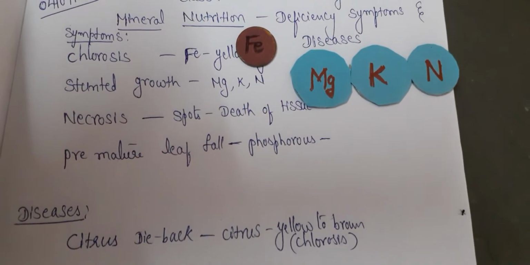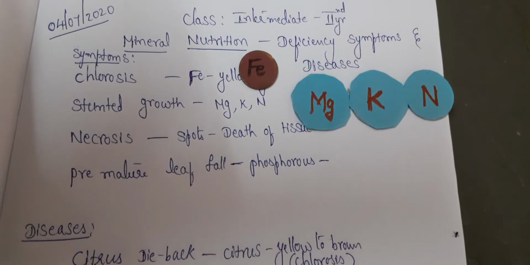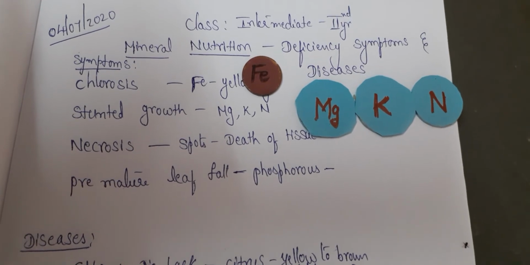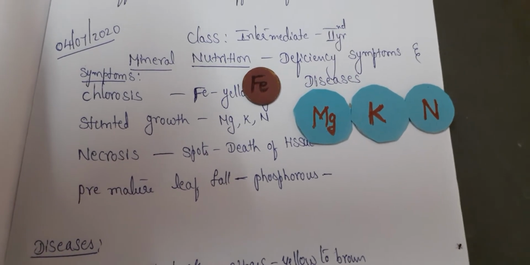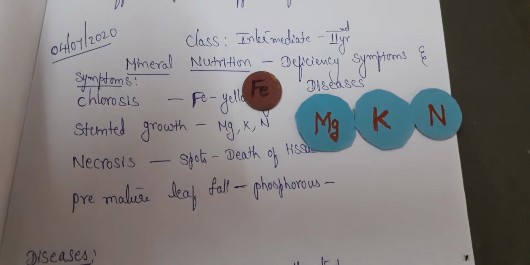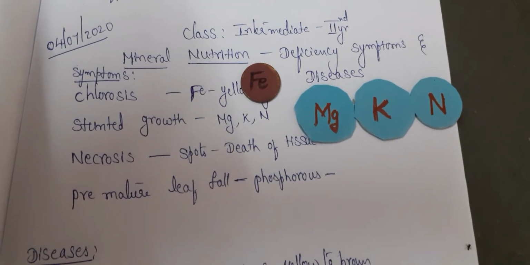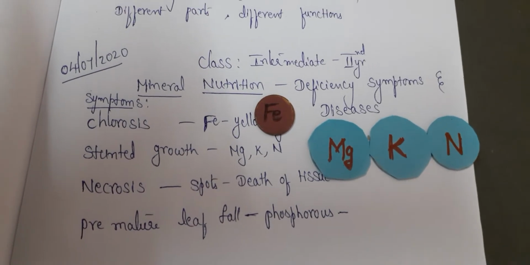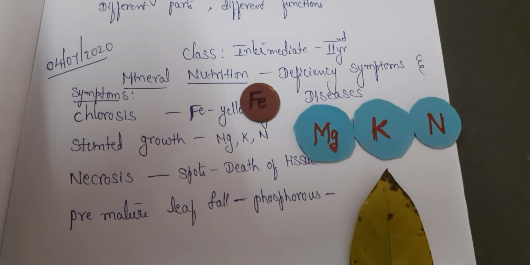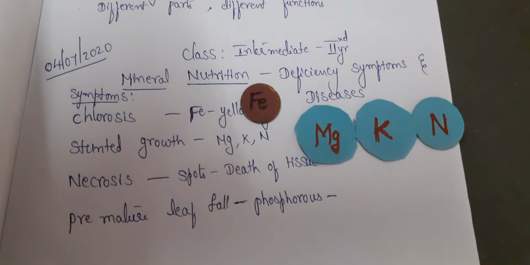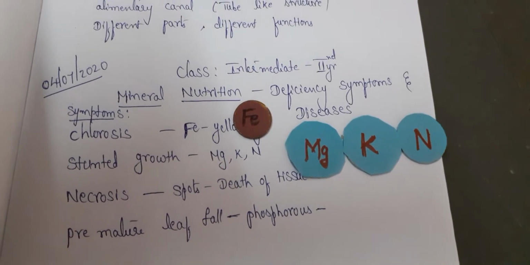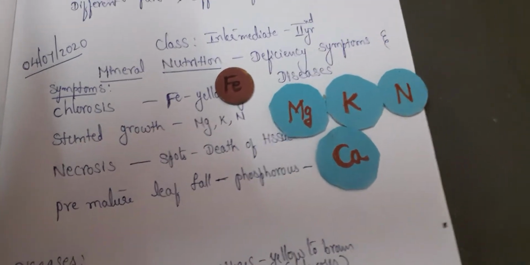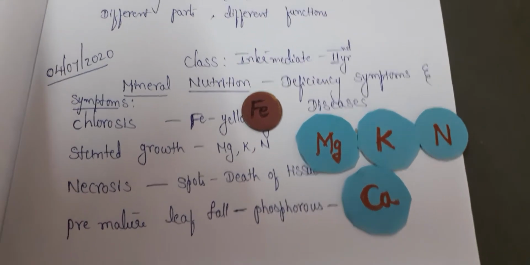Necrosis. Necrosis means death of the tissue. In the plant, there will be death of the tissues. The group of cells, you call it a tissue. So those cells will die and they will appear in the form of spots. So can you see the spots? These are the kind of spots which you will see, and it is mainly because of the element calcium. So calcium deficiency leads to necrosis.